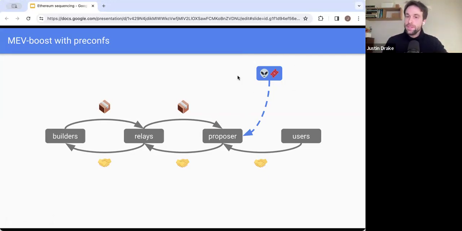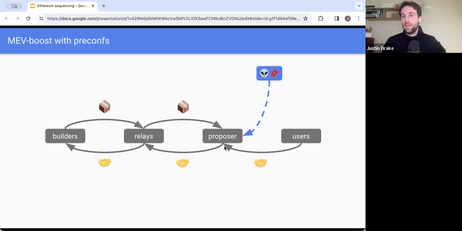Now, what execution tickets give us is they basically make sure that the proposer is not a validator. So the execution proposer is actually some other separate entity that's very sophisticated. And the reason why execution tickets is very important here is because right now we're assuming that proposers are validators that are running on Raspberry Pis. And in order to be a pre-confirmer and a sequencer, you have to be extremely sophisticated.